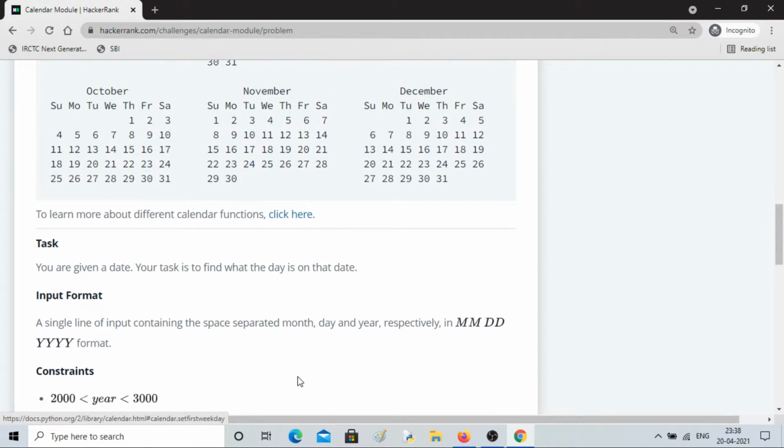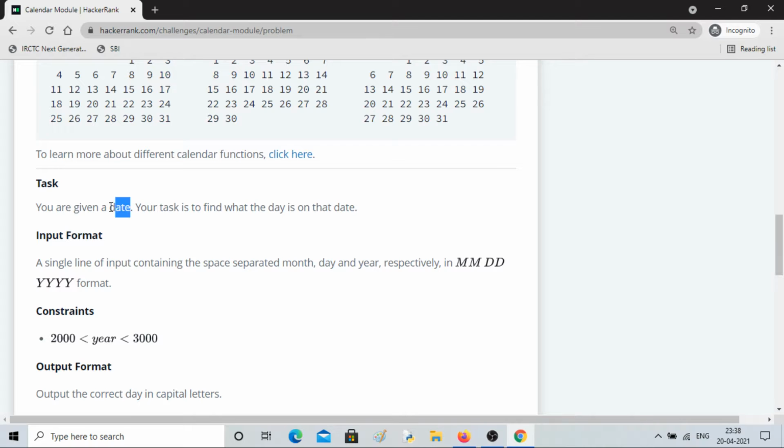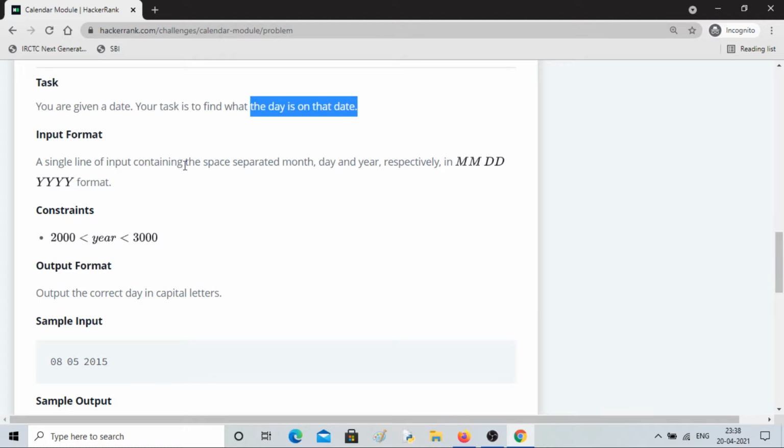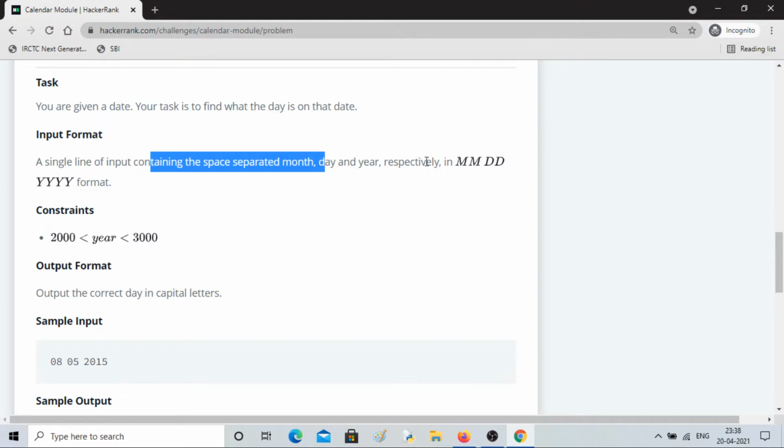Now the task we are given is, we will be given a date and we have to find the day on that date. What was the date, or what will be the date, those things. The input will be given in this format: month, day, year, separated by space.